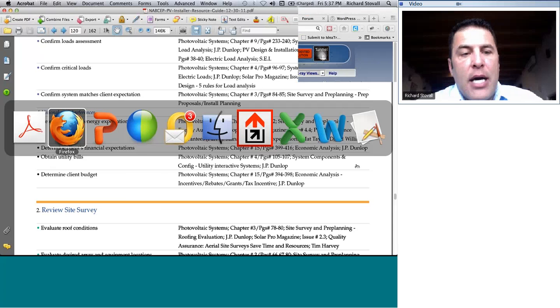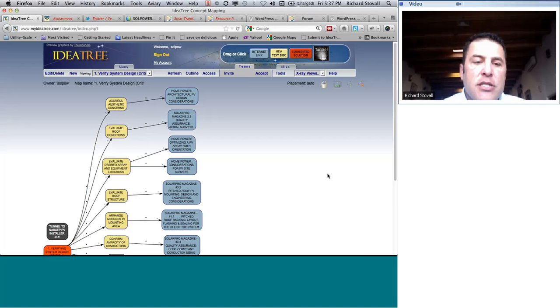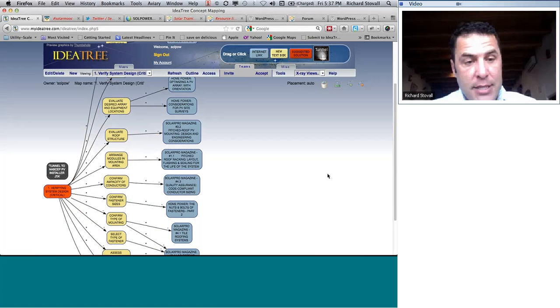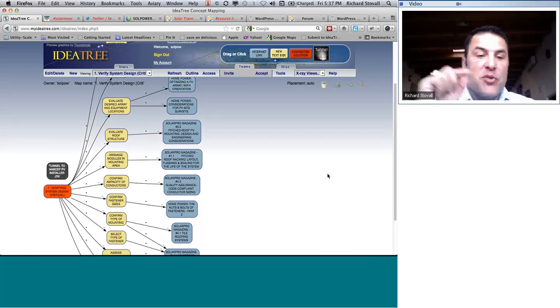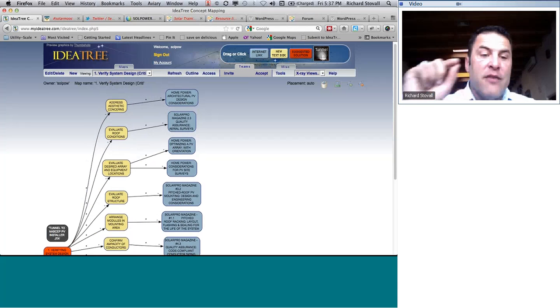you can see here I've got verifying system designs. Okay, so I've taken all of the critical job tasks, those job tasks within verifying system design that are labeled as critical, and I've listed them all. Okay, and then I've pointed them to the particular web-based article that supports that job task. Okay,